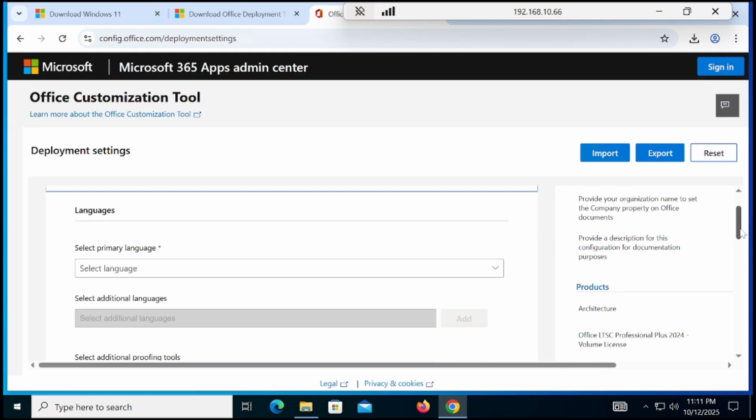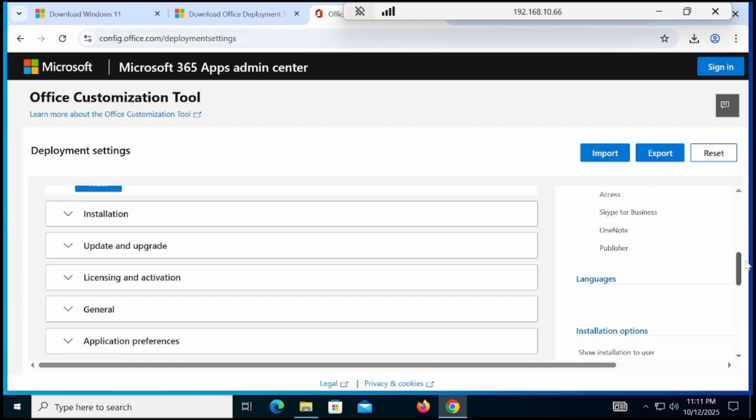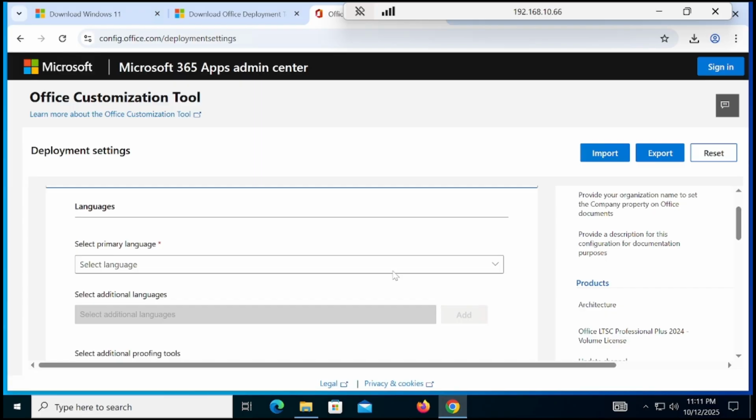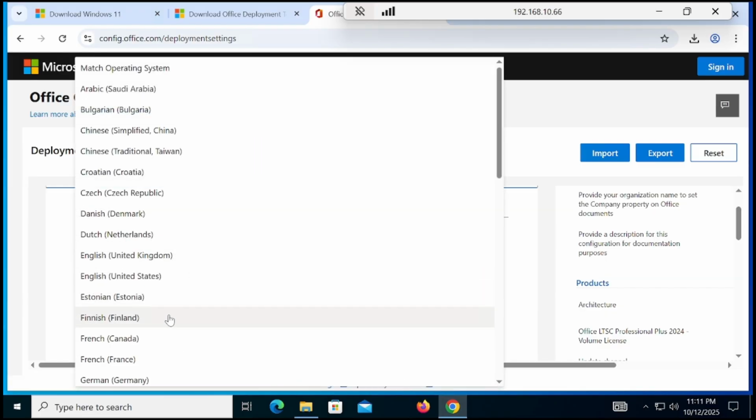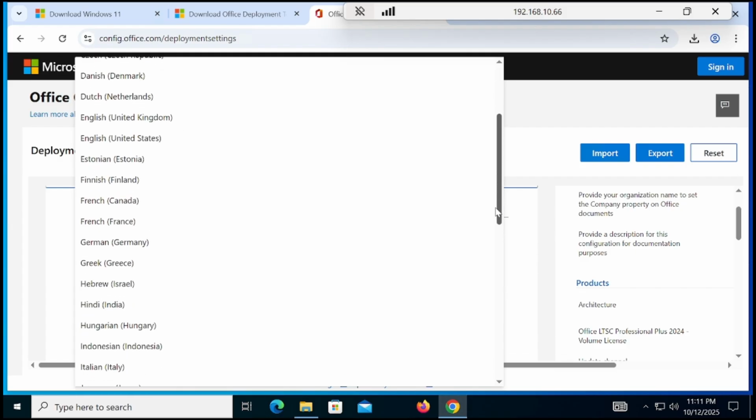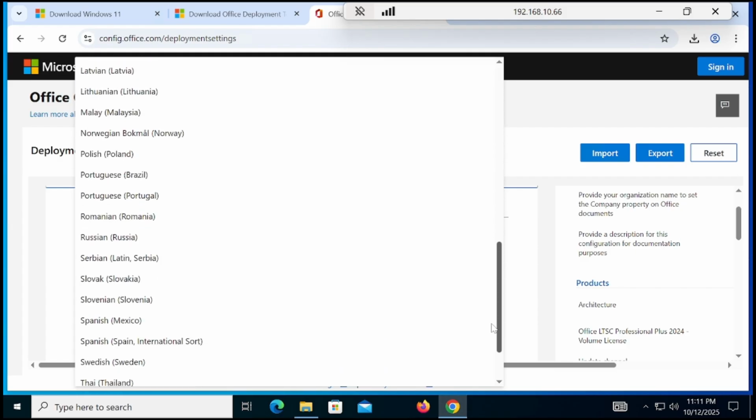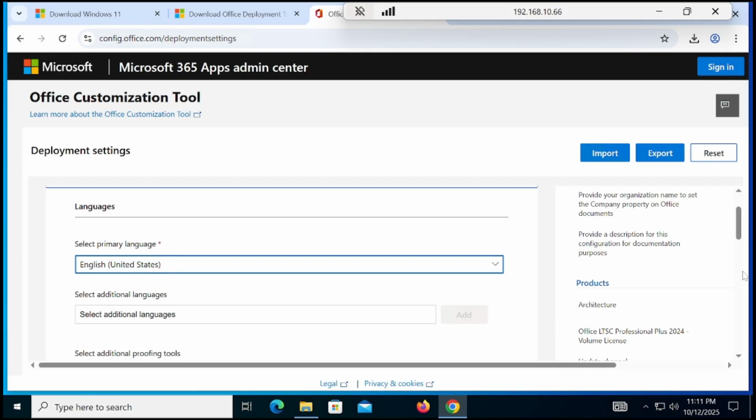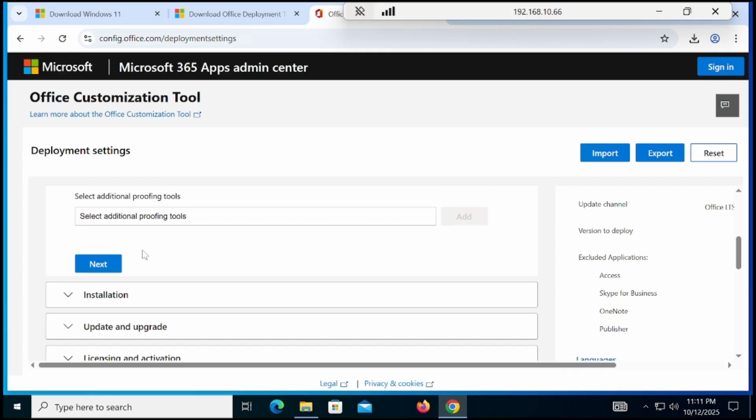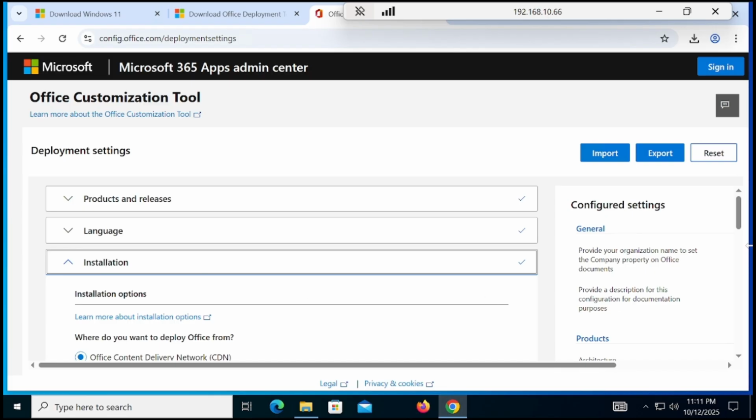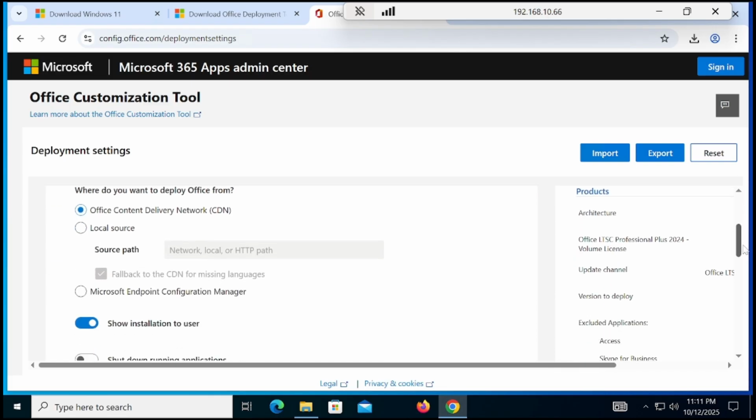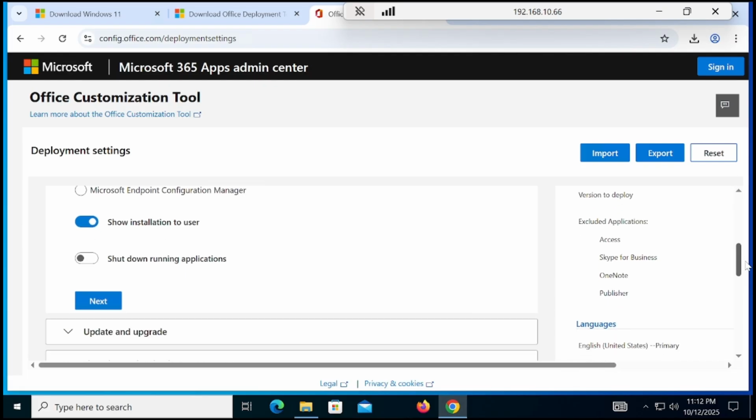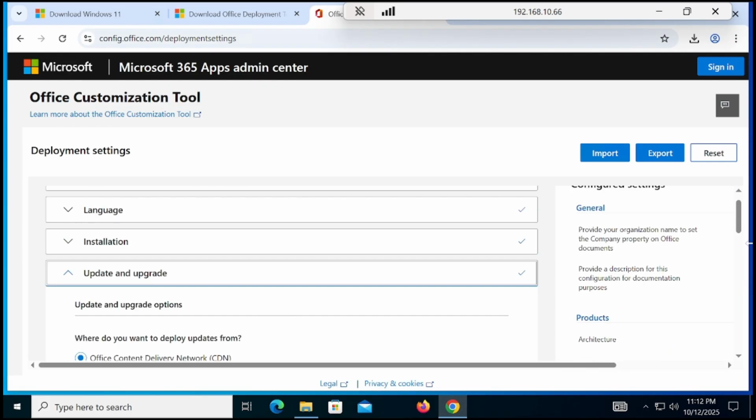Once you hit next, you have to scroll down. All is good here. Now we have to select the language here. We have to select English United States. And then you have to scroll down, then hit next. Once you hit next, scroll down, hit next, then scroll down,